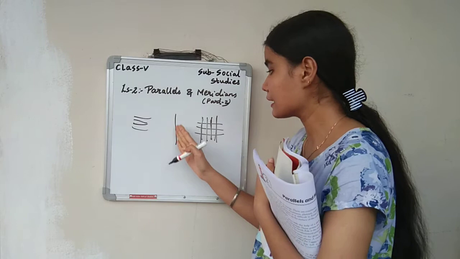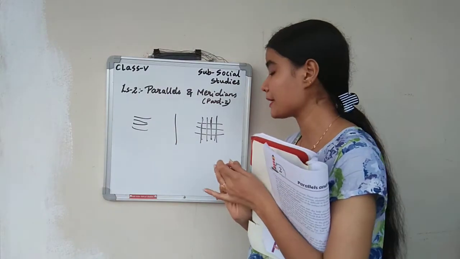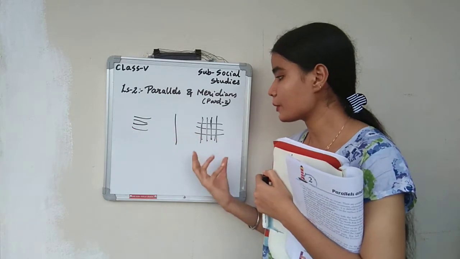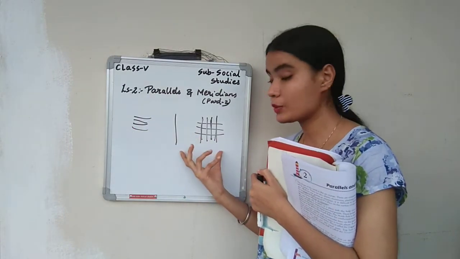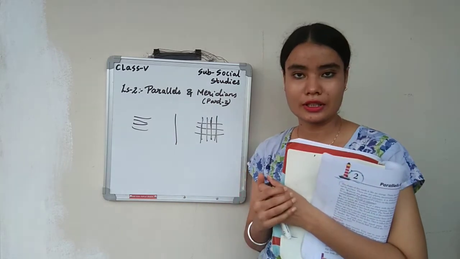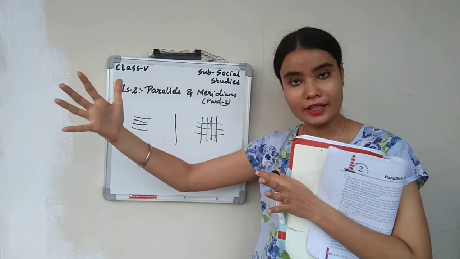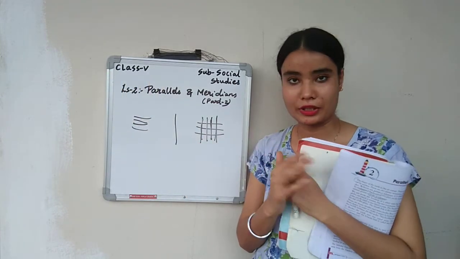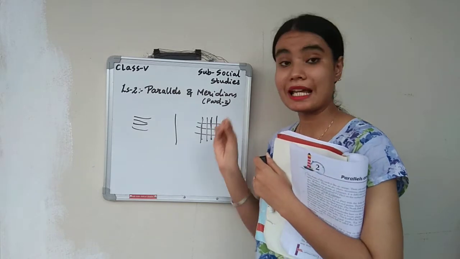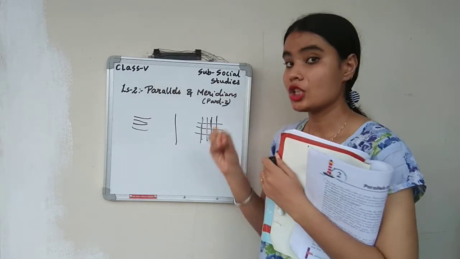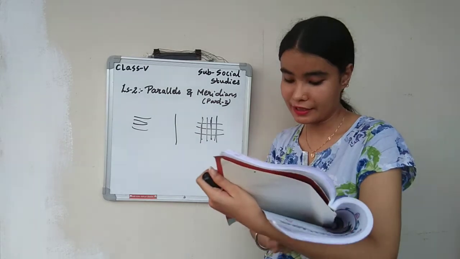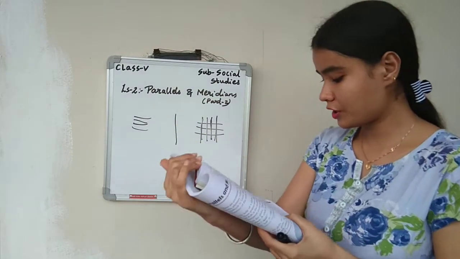Because if this line is drawn first from Greenwich, London, the globe can be easily divided. The two parts on the globe will be equal. If it were drawn from somewhere else, one side of the globe would be bigger and the other side smaller. So for that, all the countries agreed that the prime line, the middle line, should be drawn at Greenwich. That's the reason this middle line is called Greenwich meridian or prime meridian.